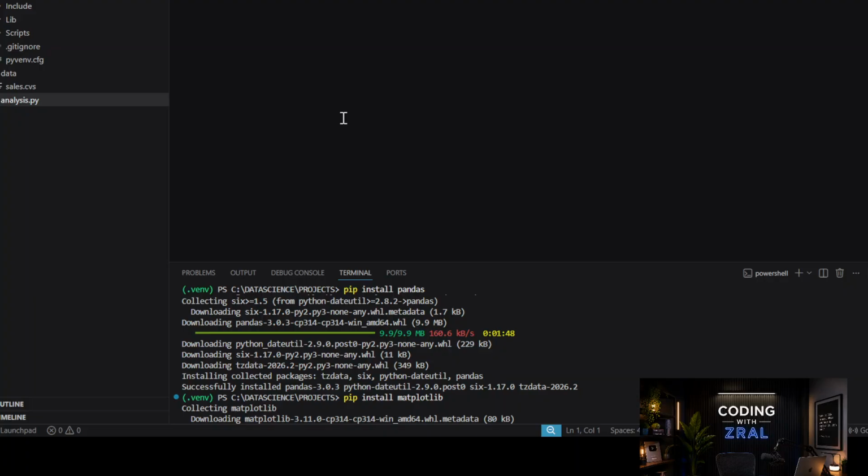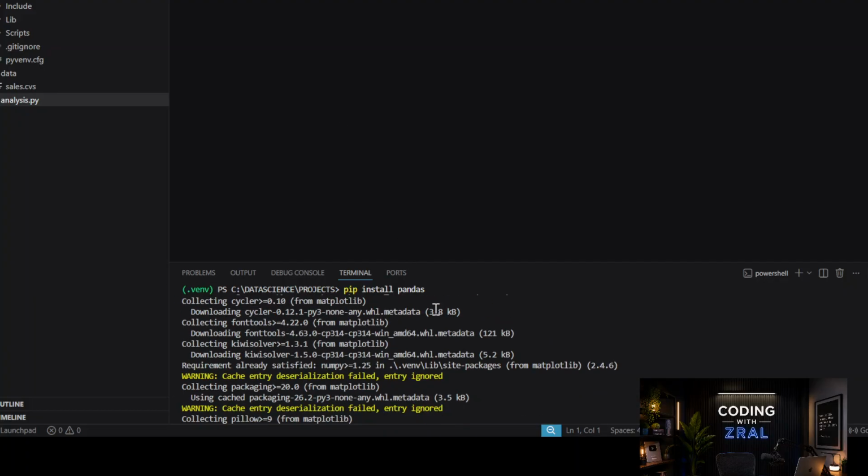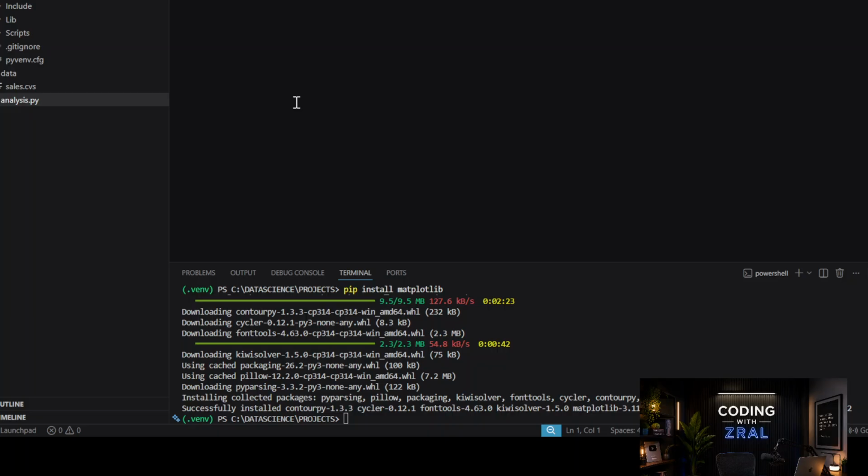We'll start with pandas, and I'll be using the code there. So let's start by importing: import pandas as pd, something like that. And since we've imported pandas as pd,